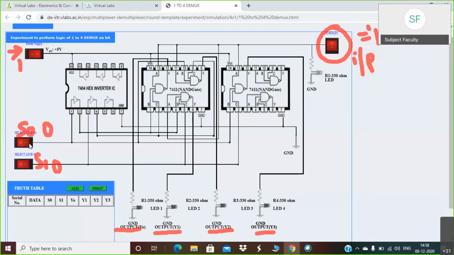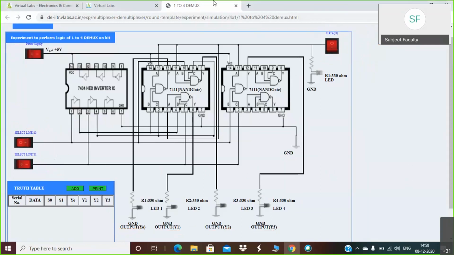Now let's take another example. I am keeping S0 as 0 and S1 as 1. Now select S0 is 0 and S1 is 1, that means Y1 will be selected.